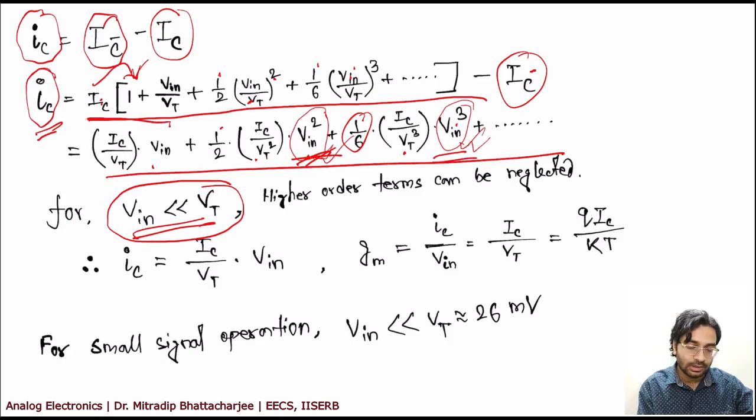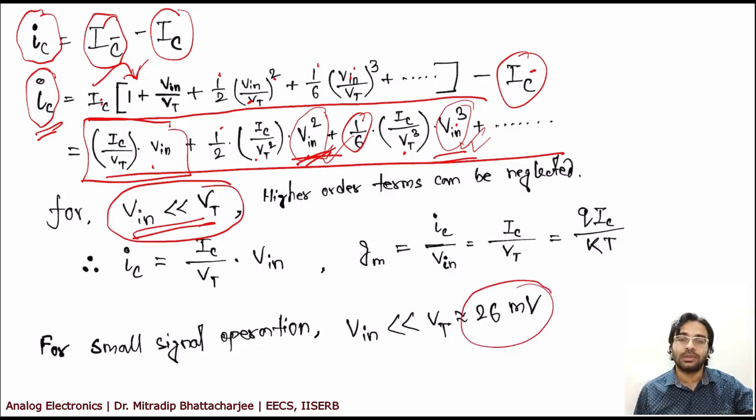So you will end up with this fundamental term. Your V_in will essentially be sine omega t, so it will be sine square omega t, sine cube omega t, so a lot of harmonics will come in, and that will create further problems. This is the reason why we need the small signal analysis: the voltage signal that you are using should be less than V_t. Otherwise you may end up with a zero gain situation, which is not desirable. So one has to keep that in mind.